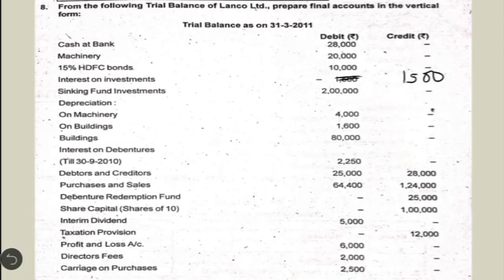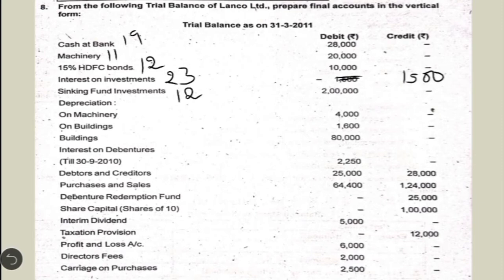number. Coming to the first item, cash at bank, we have to show that in note number 19, that is cash and cash equivalents. Then machinery, it is a fixed asset, we have to show in note number 11. 15% HDFC bonds, so it is the investment made in HDFC bonds, which is a non-current investment, we have to show in note number 12. Then they have received the interest on investment, so it should be taken in note number 23, that is other income. Then sinking fund investment, so again it is a non-current investment, we have to consider that in note number